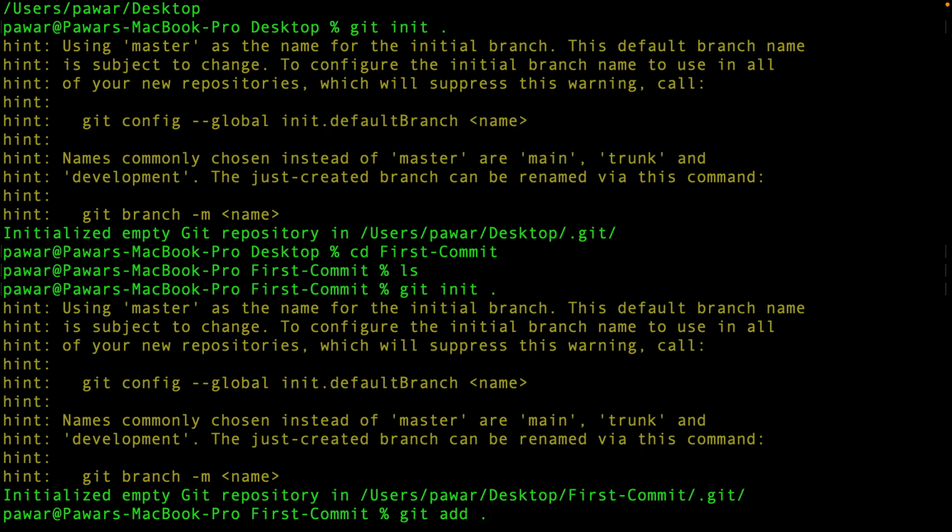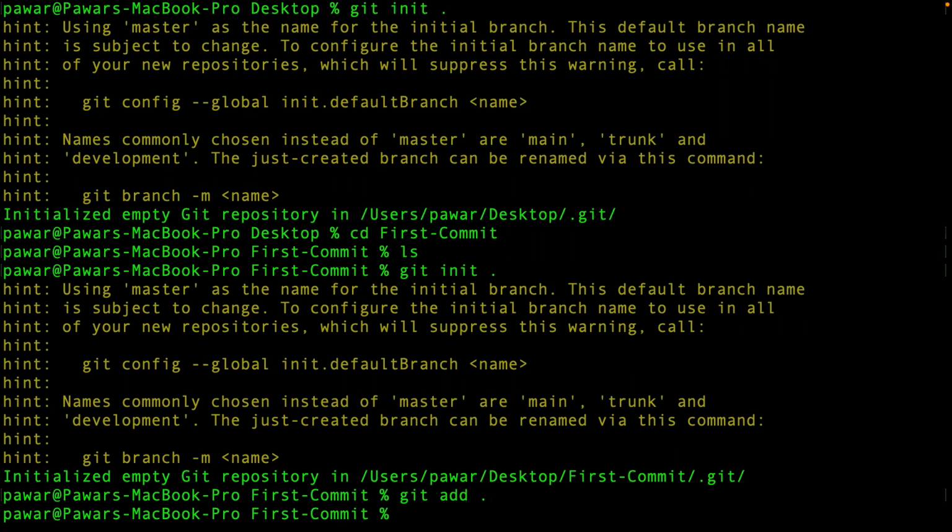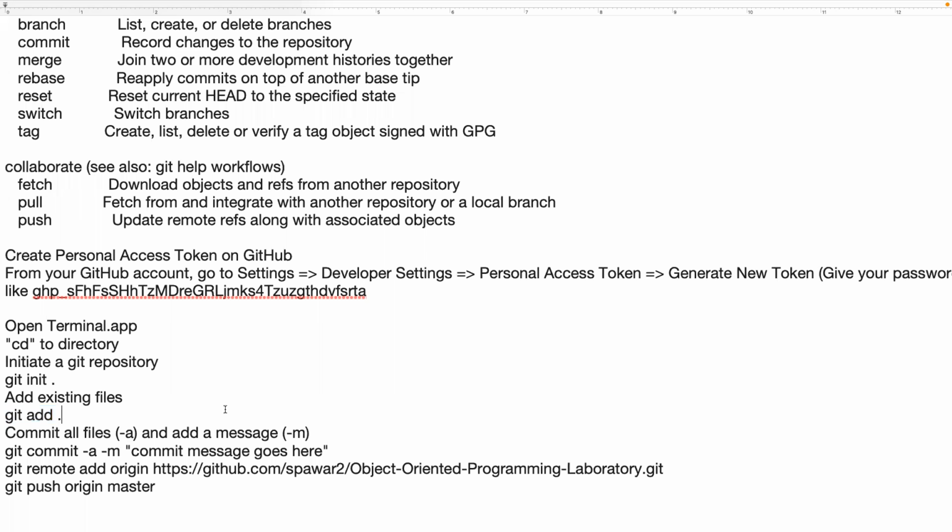So what do you think this will do? Yeah, add all the files within that first commit folder to the empty git repo. Done. No error, right? Done. So now you have to commit, right? Commit is so